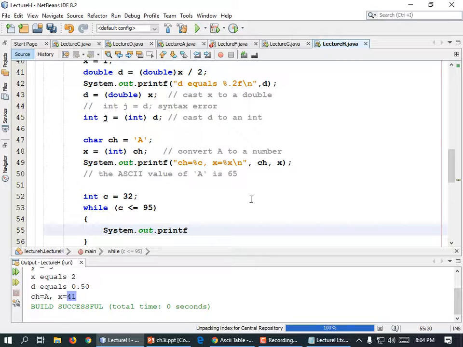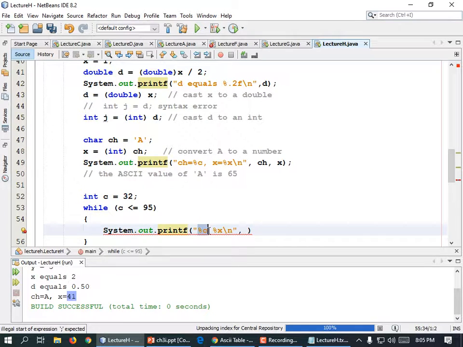System.out.printf, parentheses, quote, ch equals %c, or how about just %c space %x, \n, end quote, comma. We're going to print out